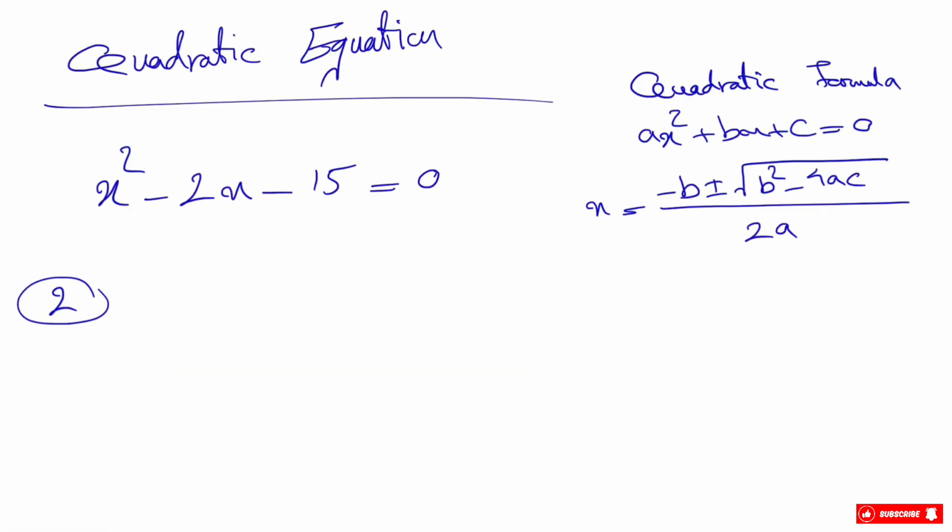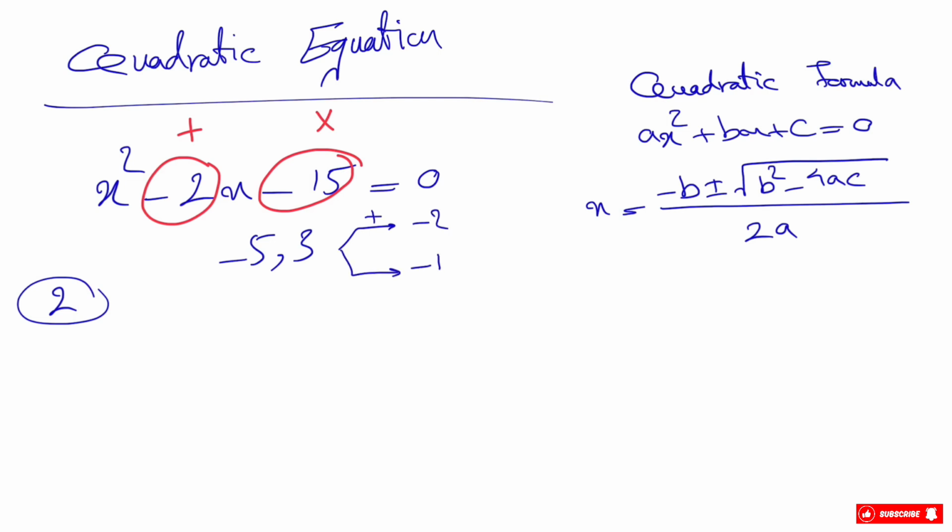So in the second way, we have to find two numbers that multiply to minus 15 and add to minus 2. So if we look at these numbers, we'll see that 3 and 5 can give us a multiplication of minus 15, and they can also give us the addition of 2. If we have minus 5 and 3, we know that if we add these two, we'll get minus 2, and if we multiply these two, we'll get minus 15, which is what we are looking for in here. So simply we have x minus 5 times x plus 3 equals 0,